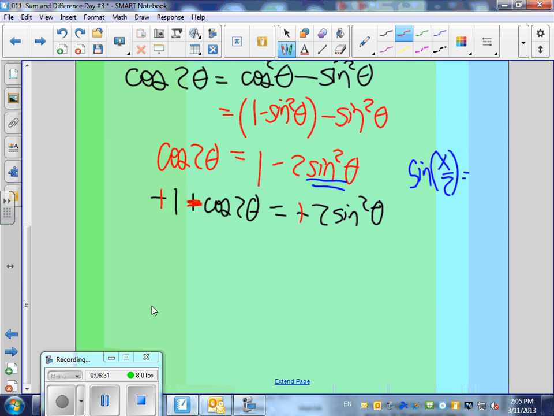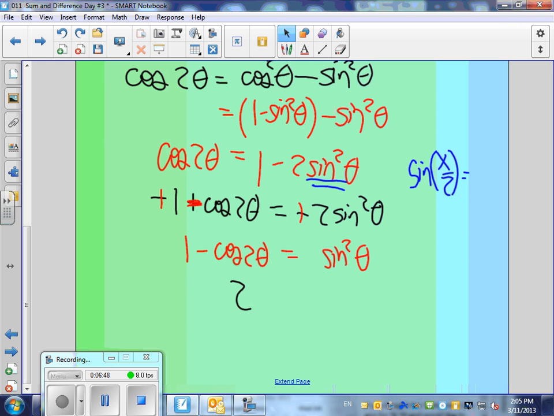So I get 1 minus cosine 2 theta is equal to 2 sine squared theta. Now, what should I divide both sides by? 2. There you go. And then I'm going to take the square root